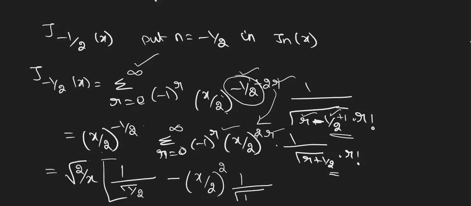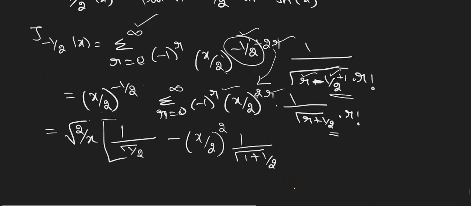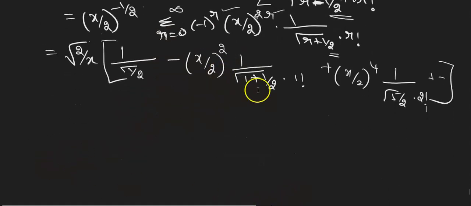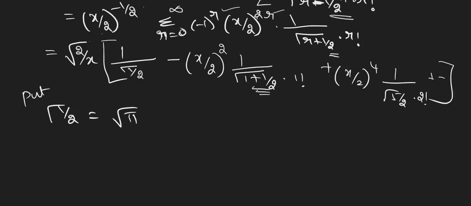1 by gamma of 1 plus 1 by 2, that is 3 by 2. Same way, we'll just expand the terms into 1 factorial. And then one more term we will write, x by 2 the whole power 4, 1 by gamma of 5 by 2 into 2 factorial, plus and so on. Same values you are going to substitute, gamma of 1 by 2, and this is gamma of 3 by 2, right? So gamma of 1 by 2 is root pi, and then gamma of 3 by 2 is 1 by